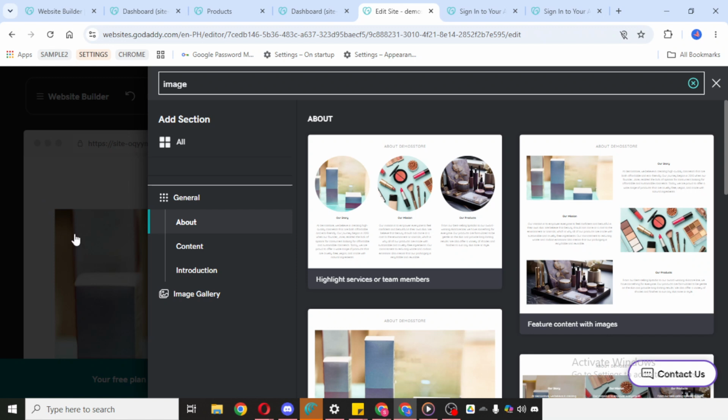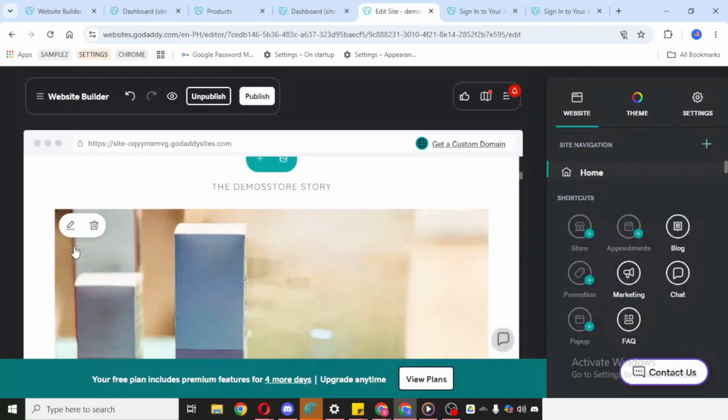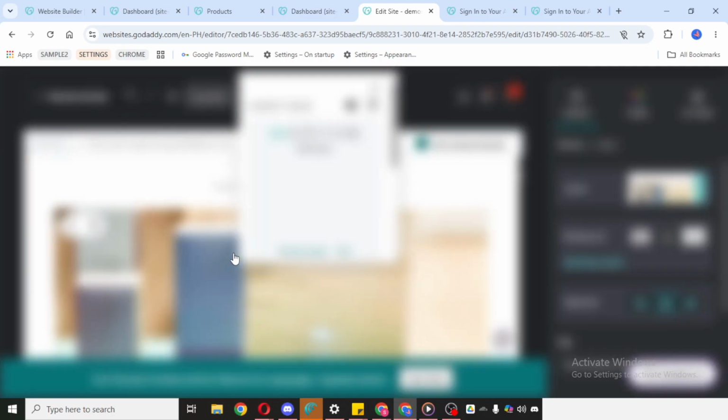At this point, you can add your image by selecting the file you want to use from your device. Simply locate the image you want to add and choose it. Make sure you're using a clear, high-quality photo so it looks professional on your website. It also helps if your image is properly sized, since that can improve how it appears in the gallery layout.